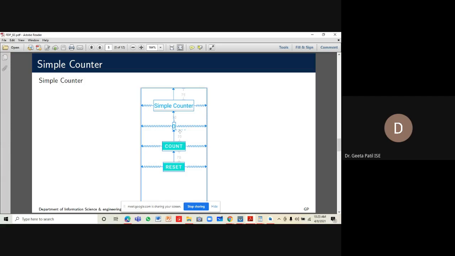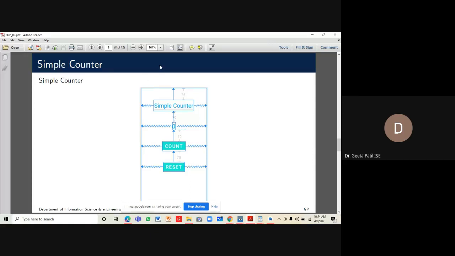In yesterday's session, we looked at how to design the layout, how to put different views and elements on an activity. In this application we have two text view elements, simple counter and 0, and two buttons, count and reset.